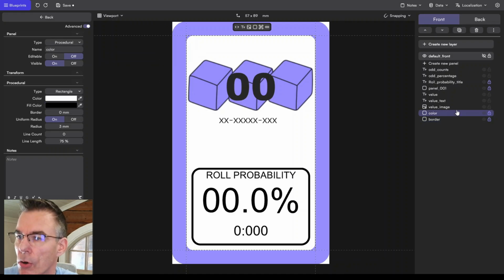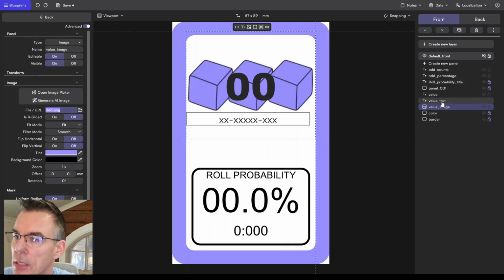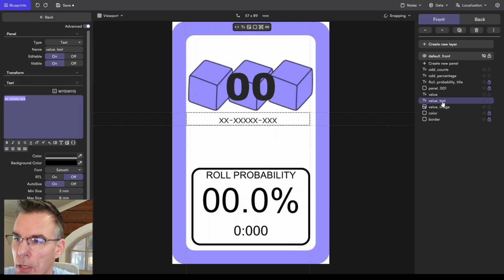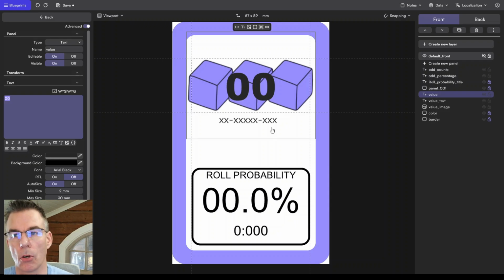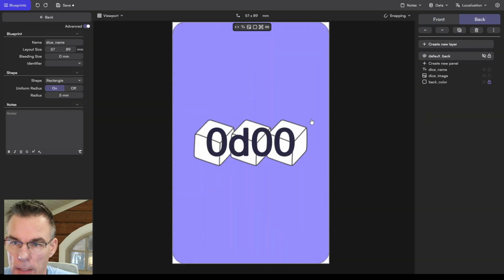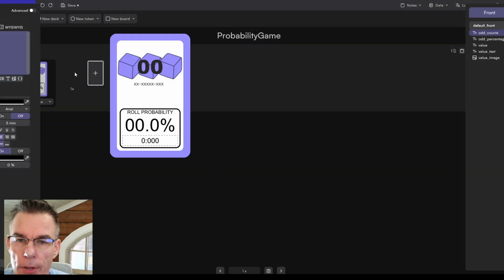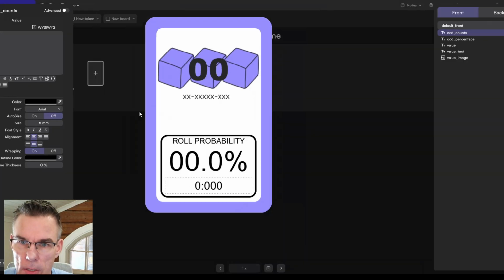Same goes for the color, but I want to be able to edit images. I want to be able to edit the textual presentation of the value, actual value, and so on and so on. So I want to be able to edit all this information. And let's go back to, here also the backside goes as it would in the Dextrous version. Now, back to the components. I already have one card here. Oh, it's only a template card, there's no information.